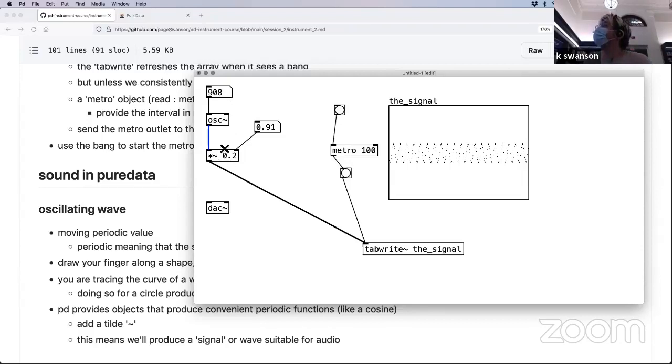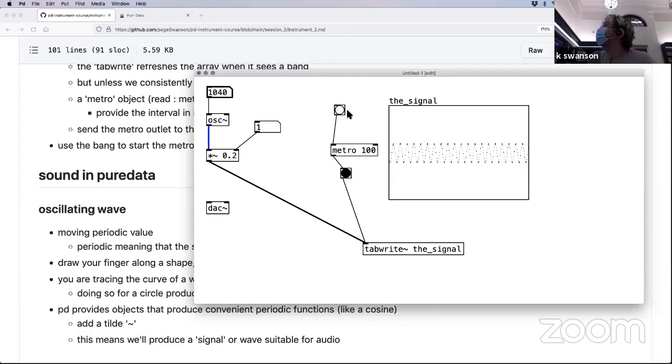So this function here will only execute with this value that I provide on the right once I change its left-hand incoming value. So I have to change this frequency for this to actually do anything. So I can do this like all day. It's not going to do anything to the waveform. But as soon as I change this,